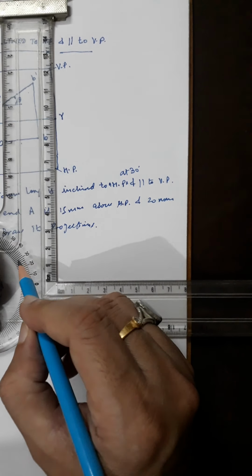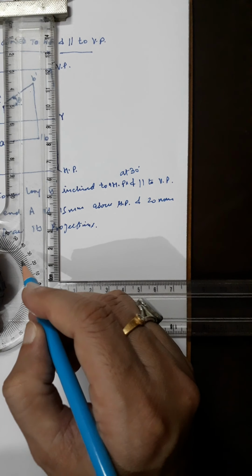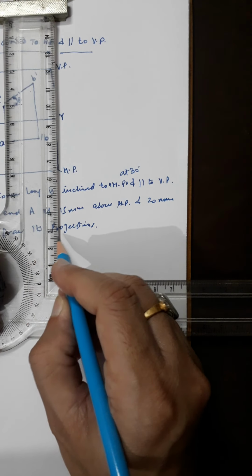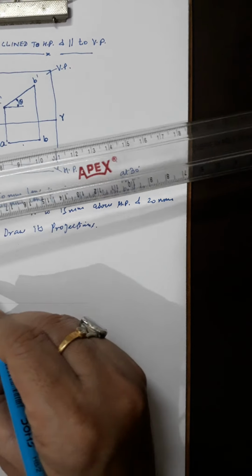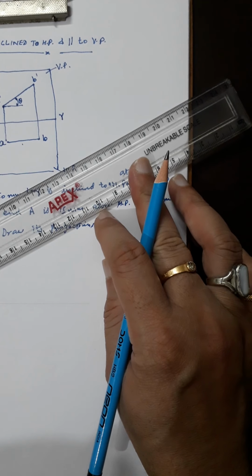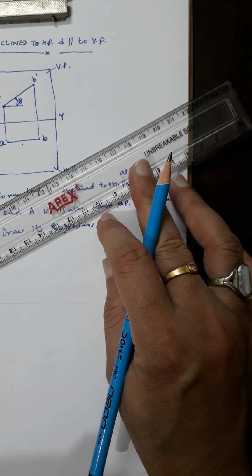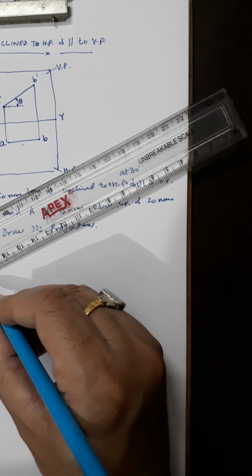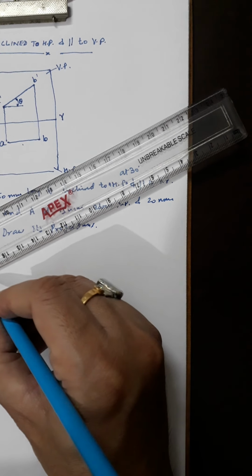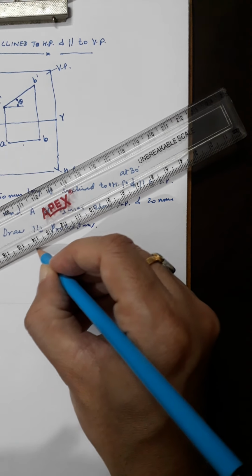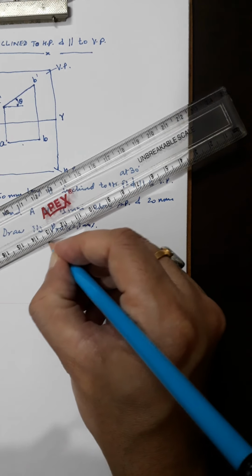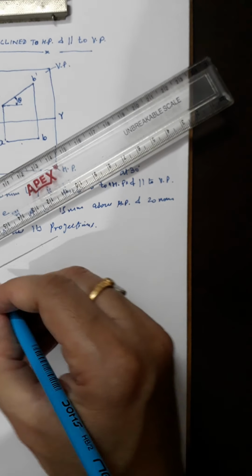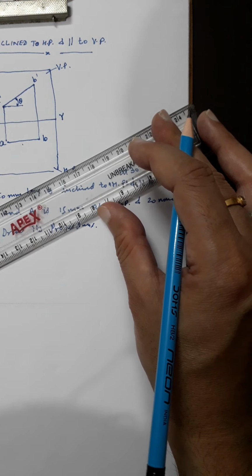I am checking it from here. This is the protractor given here. You can use your protractor as well. So I am taking 30 degrees and drawing the line at 50 mm length along that 30 degree line. Now I will check, it is 50 mm. So it is 50 mm here.